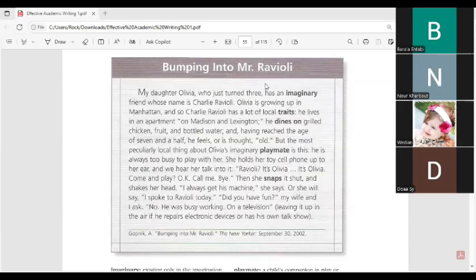My daughter Olivia, who just turned 3, has an imaginary friend whose name is Charlie Ravioli. Olivia is growing up in Manhattan, and so Charlie Ravioli has a lot of local traits. He lives in an apartment on Madison and Lexington. He dines on grilled